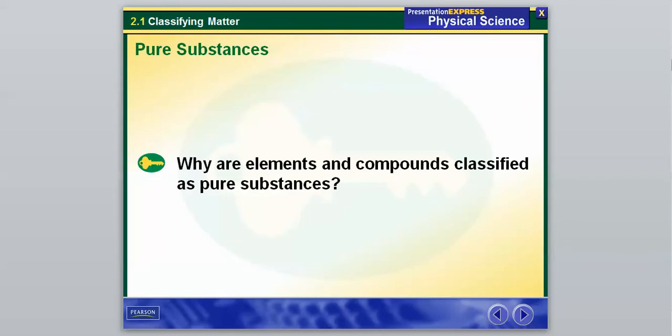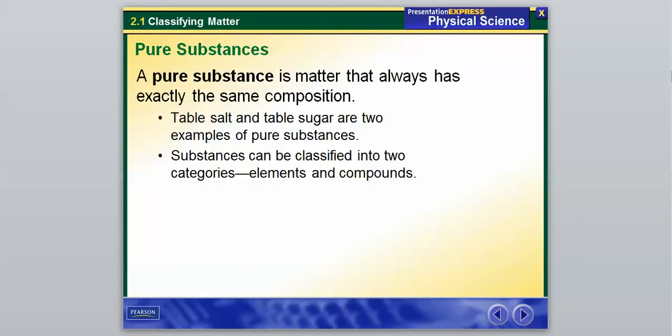The first piece of matter that we're going to look at are things called pure substances. Within pure substances, we have elements and compounds. Those are our first pure substances, and we're going to dive into why we can call them pure substances. To start, a definition I would definitely write down